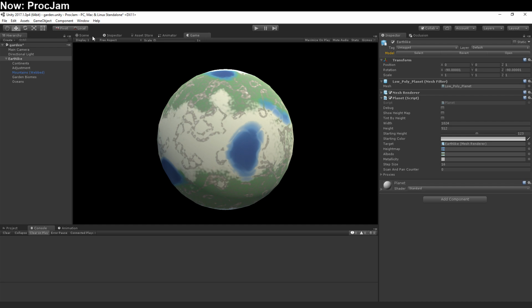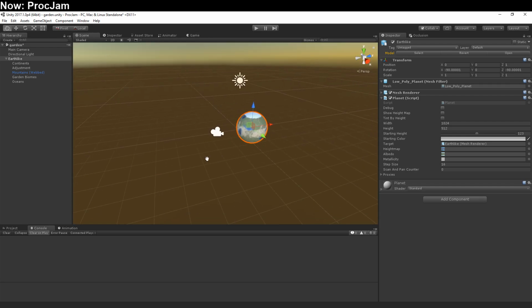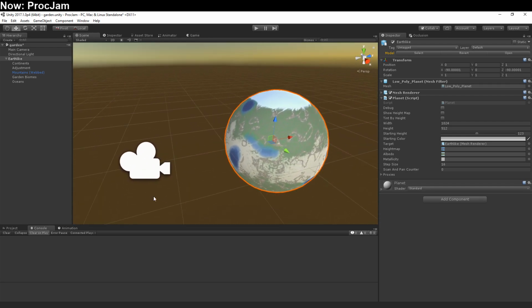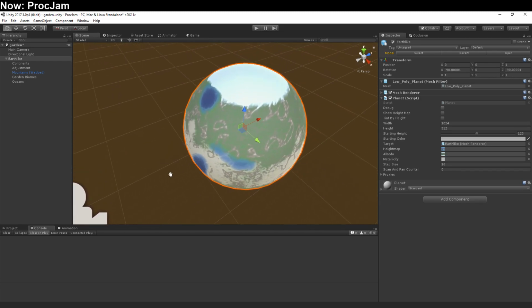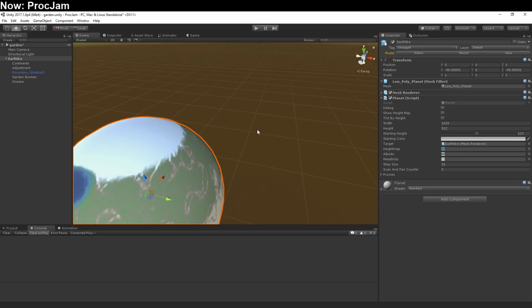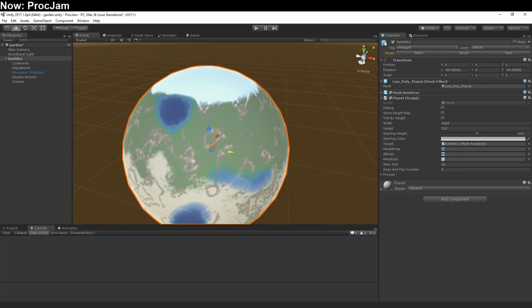So, yesterday we created this randomized green planet, this garden planet. There's lots of other planets that we need to make, and this isn't our final take on the green planet either. But we definitely need to do a couple of things. One thing I want to do is create the